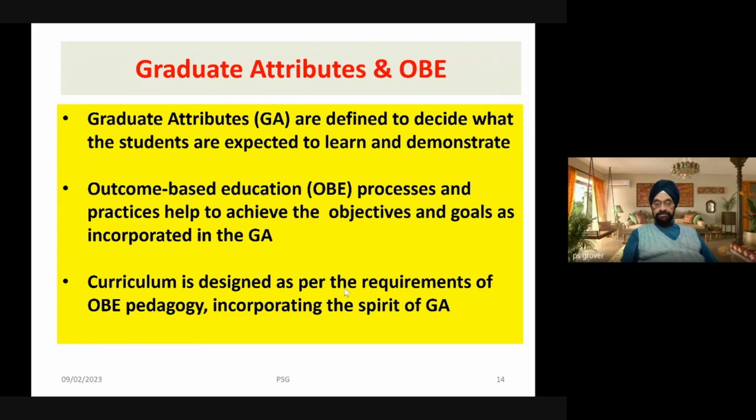Outcome-based education processes and practices help to achieve the objectives and goals as incorporated in the graduate attributes. Now say the industry wants engineers who are good communicators. That means being a good communicator is a graduate attribute of the student. Engineers, he should be innovative. This is another attribute. Industry wants he should be a leader. He should have an entrepreneurial mindset. This is another graduate attribute. So attributes are the qualities. So the curriculum is designed in such a way that the attributes that we have designed are embedded into it